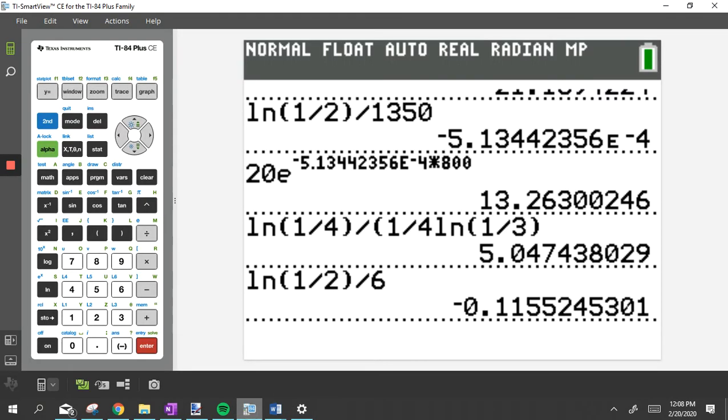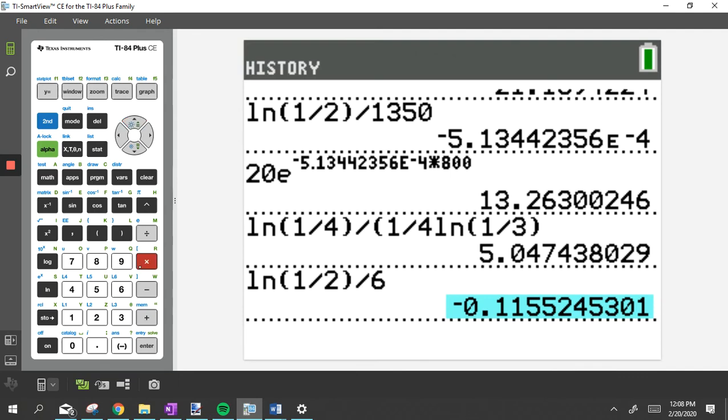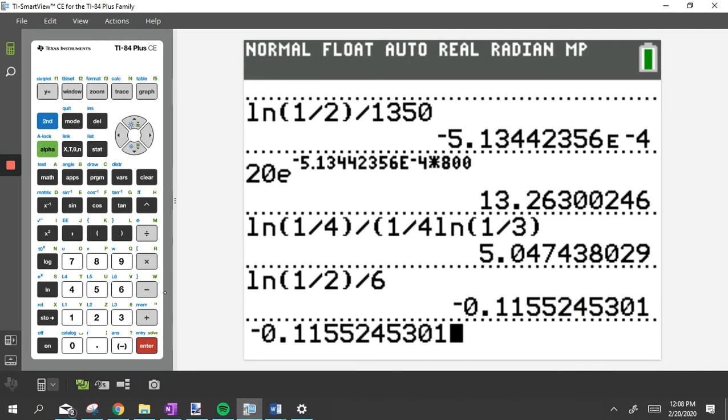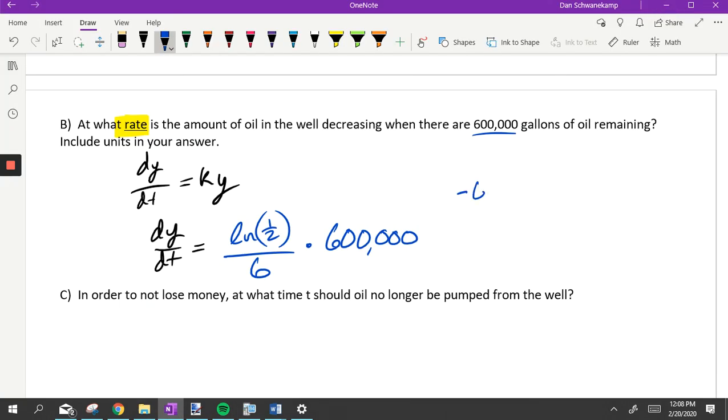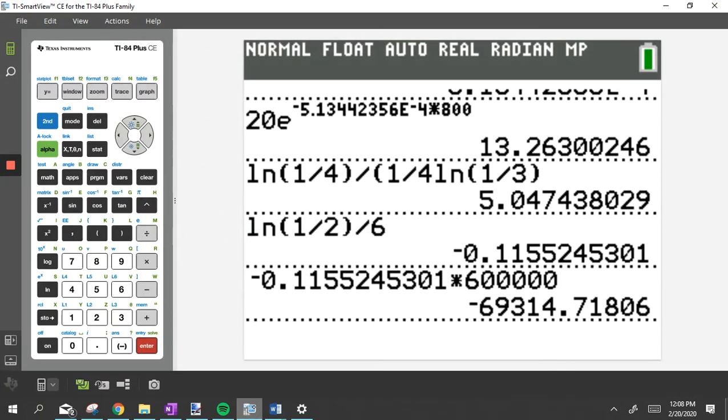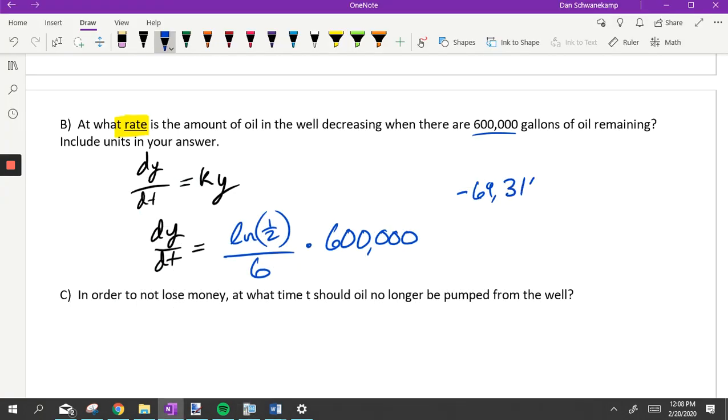Type it in my calculator. That number that I got right here times that thing times 600,000. I hit enter. That's going to get me negative 69,314.718. Yes, in theory, that is telling me it's decreasing because it's negative. Negative means it's decreasing. So if you want to get specific, we could just say it's decreasing by